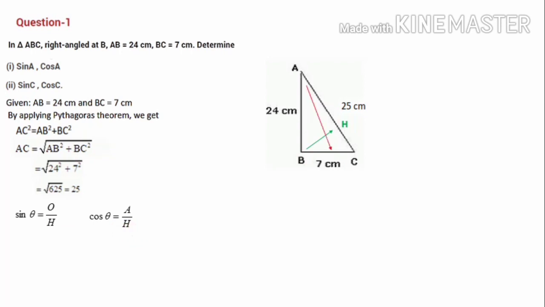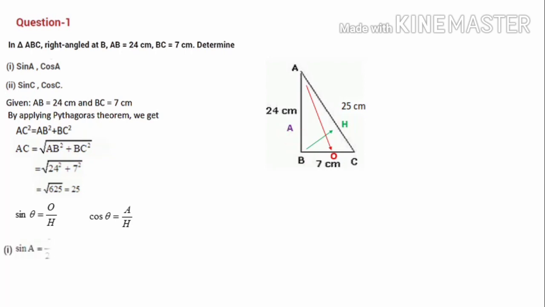Next we have to mark the opposite side. Here the angle is A, so we have to go to angle A, and the opposite of angle A we have to label as O, that is opposite side. Now in this triangle, O is there, H is there. One side is unmarked, that is AB, so that leftover side we can mark as adjacent or A.